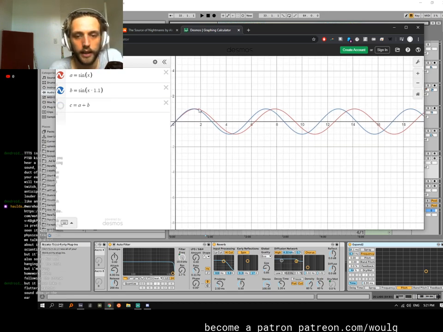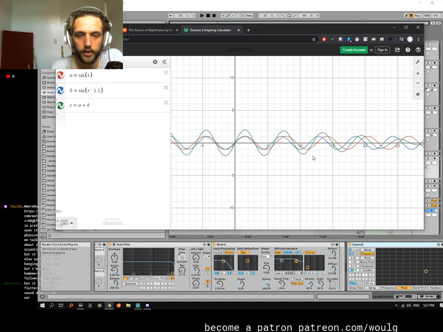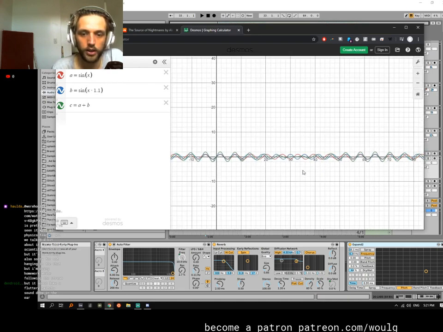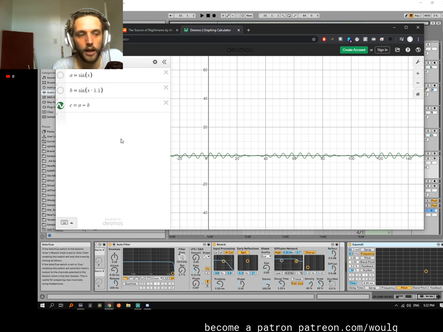So the interference pattern that happens with these two waves makes this third wave, which undulates in amplitude, which you can see a lot better if we zoom out. So here's our third wave. This is the combination of the two sine waves that are slightly out of tune, right? We get this one sine wave that is undulating in volume, and that's because of the interference pattern that's created